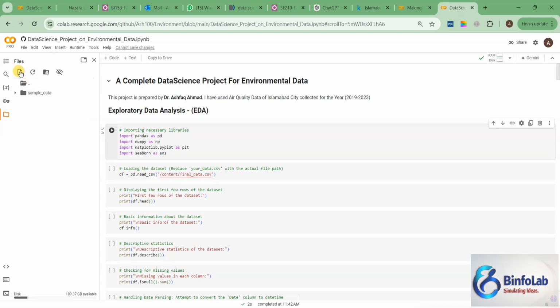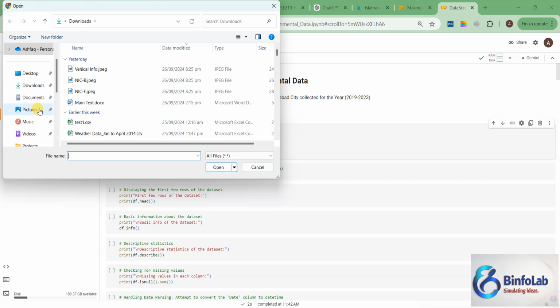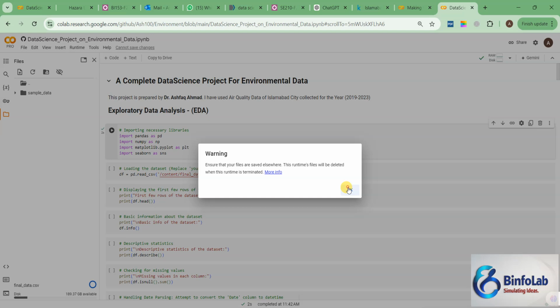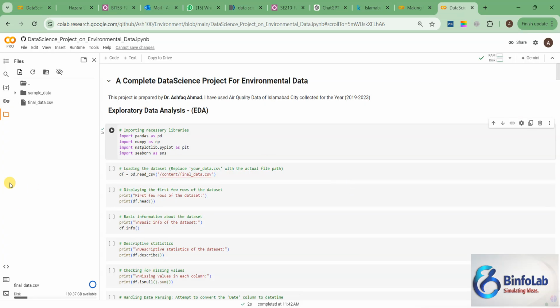Just click here. This is the upload button. And my dataset is in the download folder and its name is final data, final data.csv. Click here and you will see after some time your data will be here. You can see here. Now click here and copy path. Paste that copied path here,